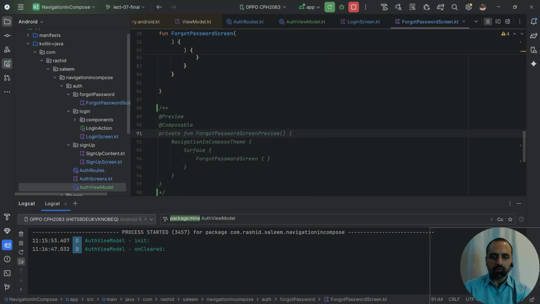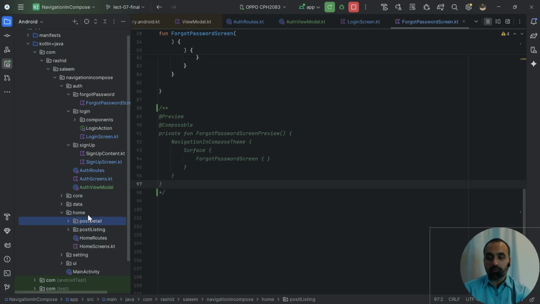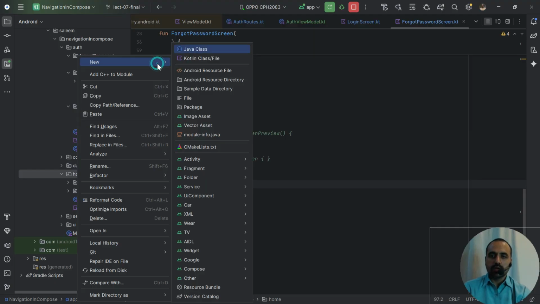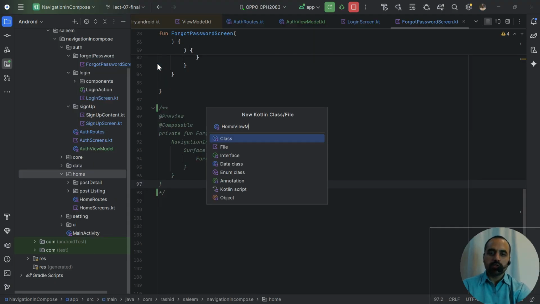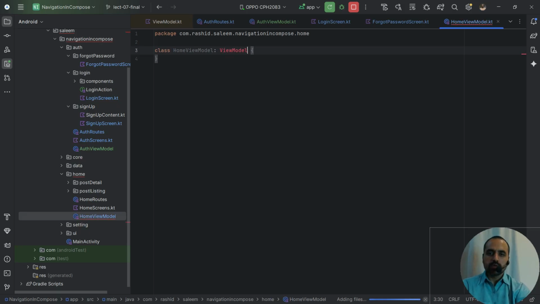So now we do the same thing for the HomeViewModel, the home feature. In the home feature we have two screens, post detail and post listing, and we want a shared HomeViewModel, which should be scoped to the home feature. So here we create a HomeViewModel first, extend from ViewModel,